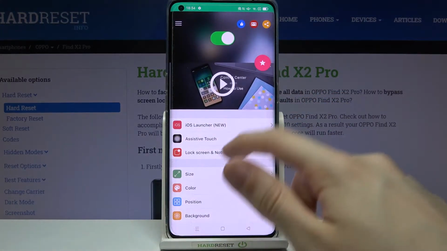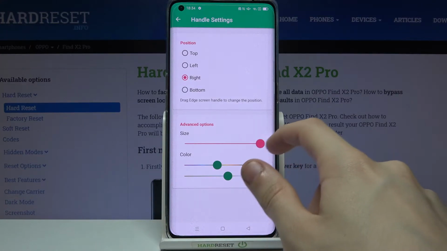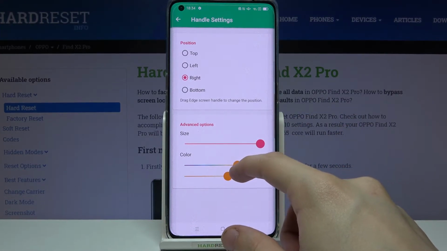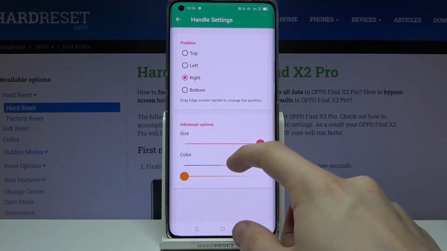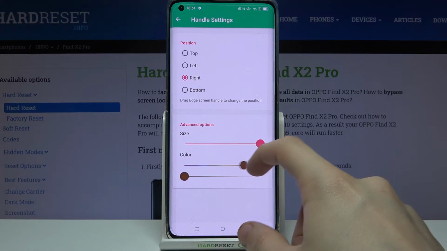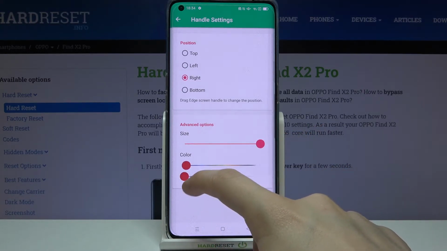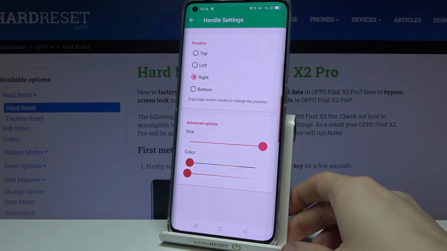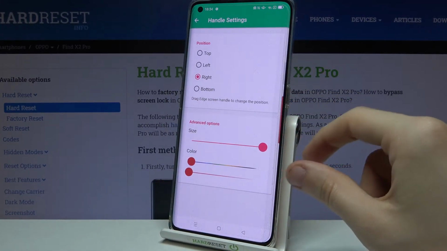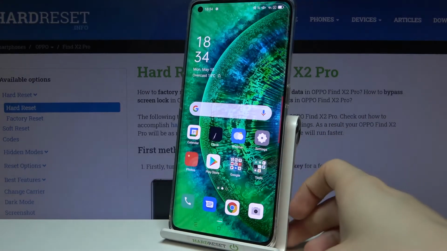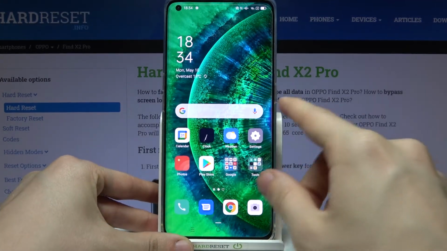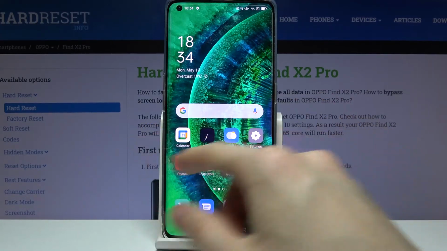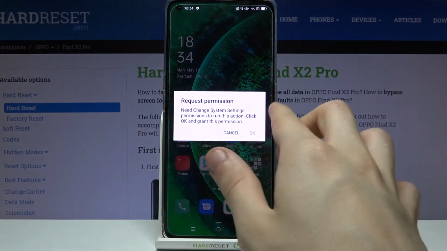Wait, let's go to size, increase the size, and let's change the color to, I don't know, to the red. Okay, now it's still hard to spot, but here, as you can see, is a small red line, and we have to swipe from its position to the left to open up the,